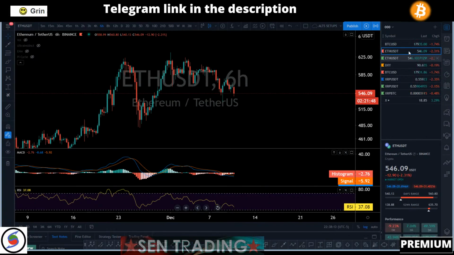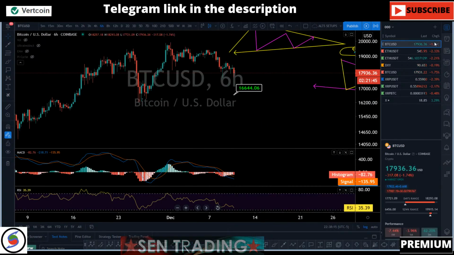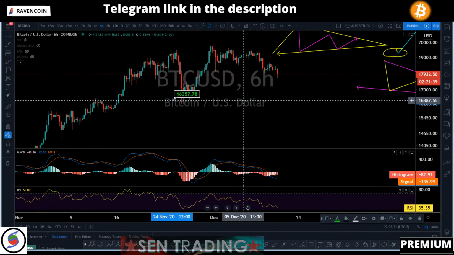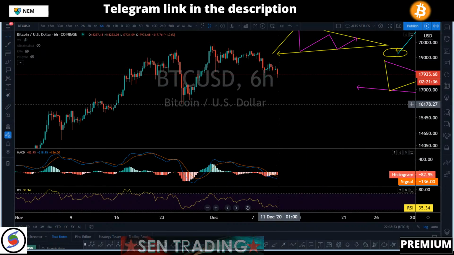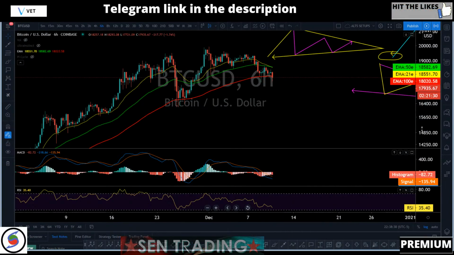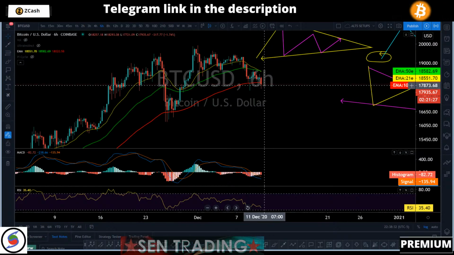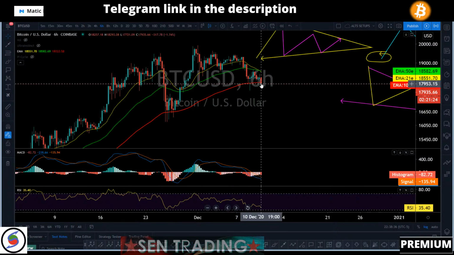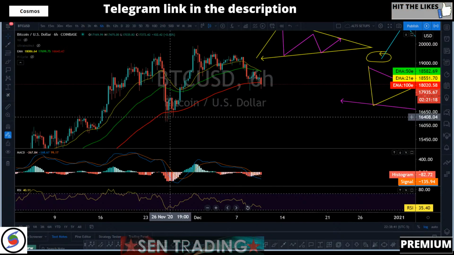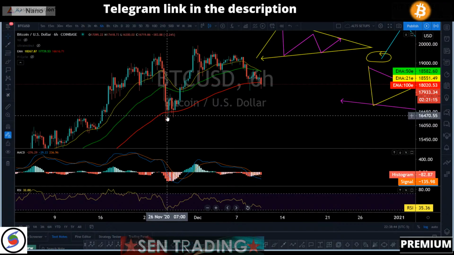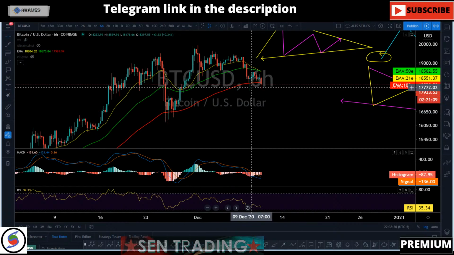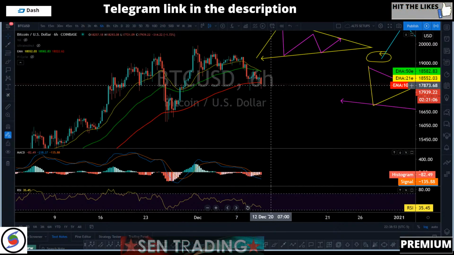So let's go back to BTC. It seems like it is bouncing back up. I just don't like the 6 hour breaking below. So we definitely, guys, need to push back up. We cannot spend too much time below the 6 hour 100 EMA. As you can see, last time we retested it almost 5 straight times before reversing. Right now we're retesting it for the 3rd time.